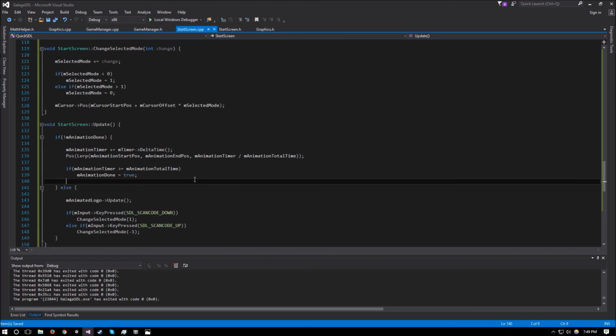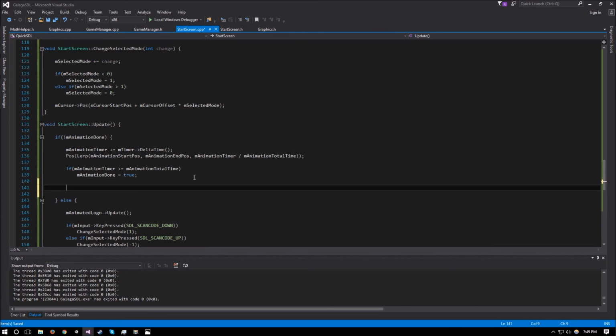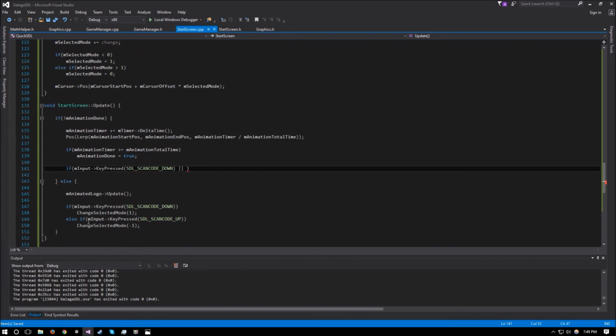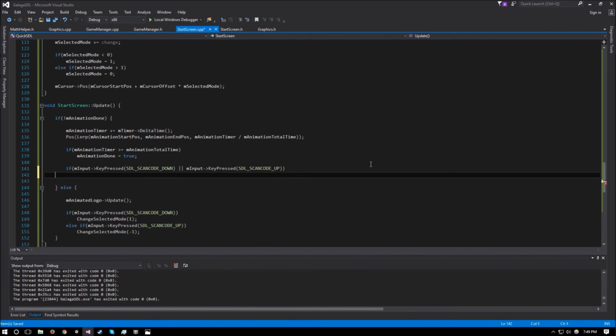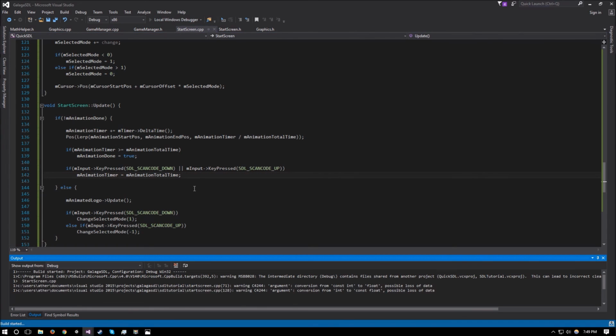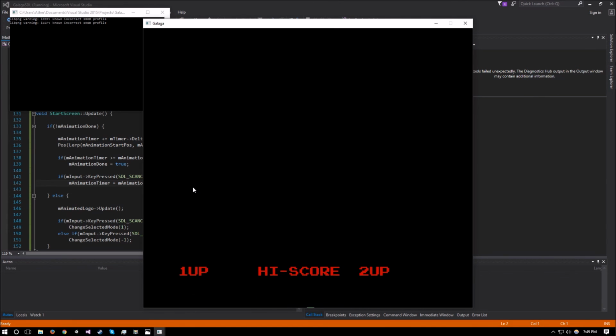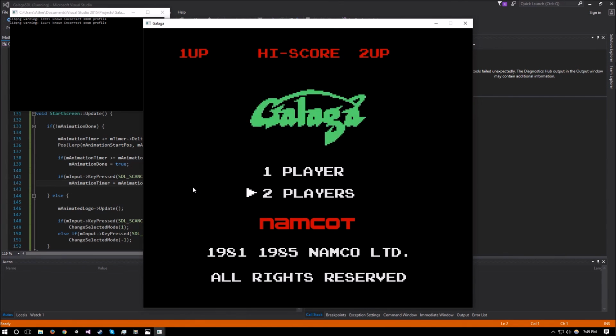So maybe we want it now to finish the animation if we press up or down while the animation is running. So if input key press down, or input key press up, so we pressed up or down, we want to say that our m animation timer is going to be equal to our m animation total time. That will make it so that when the next frame comes, it just ends the animation instantly. So let's see how it goes if we do that. So the animation is running, I press up, and the animation is done,